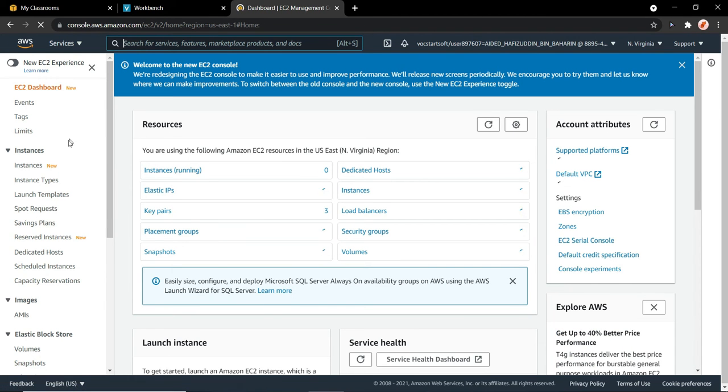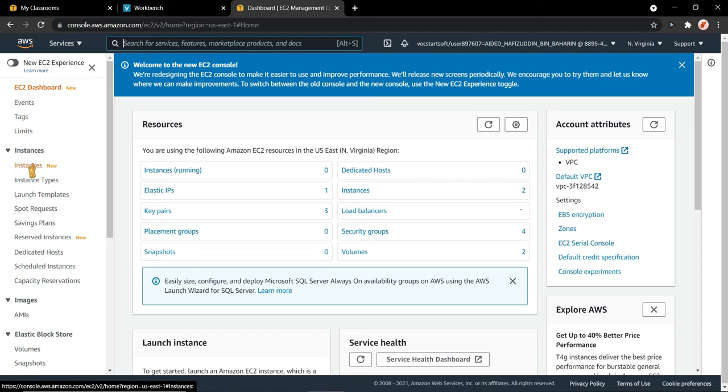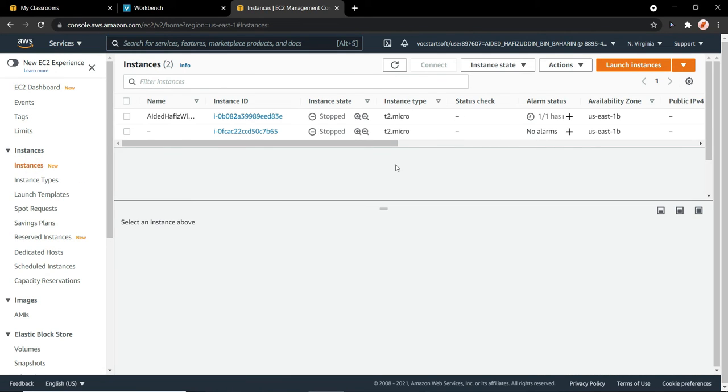From the left panel there is instances. Click on instances, and as you can see, it will display the list of the instances that you have created. For now I will create a new instance. To create the new instance, just click on launch instance,